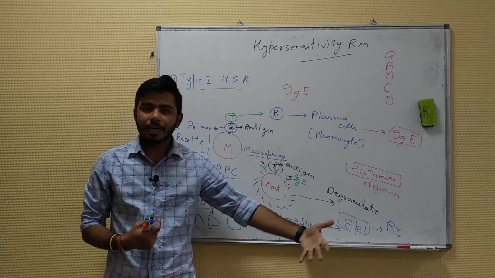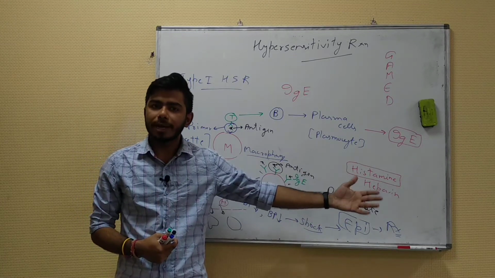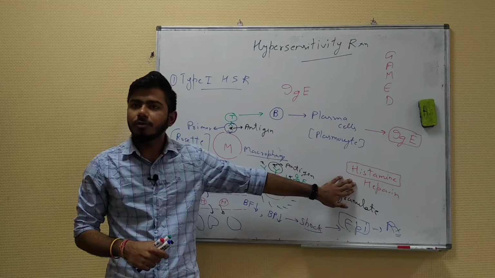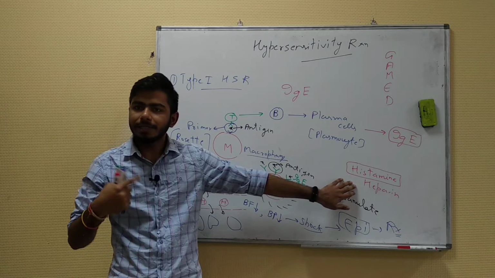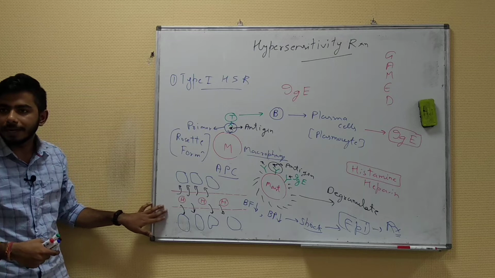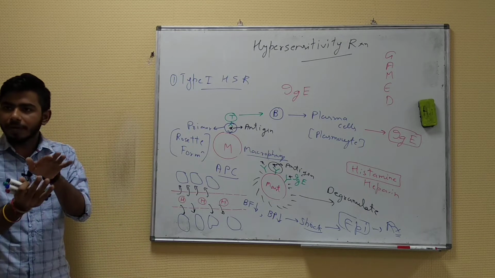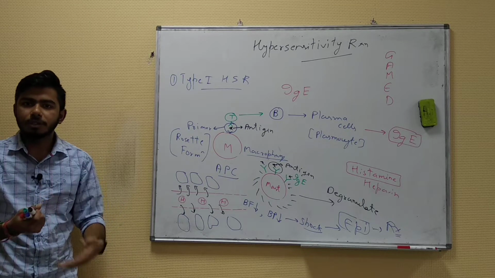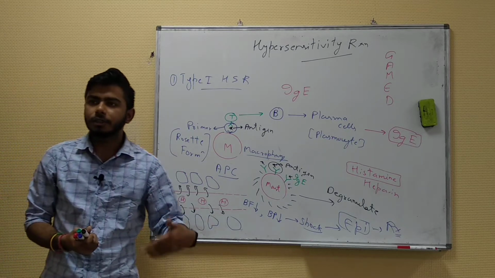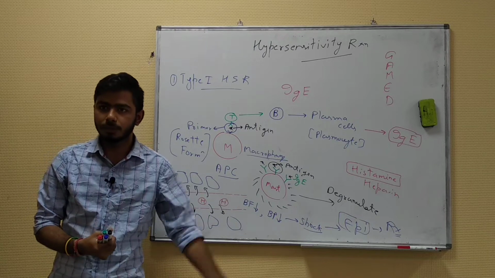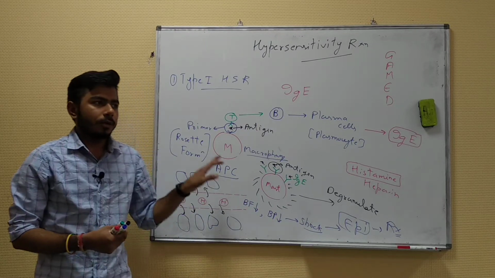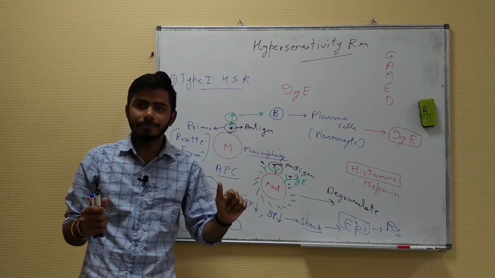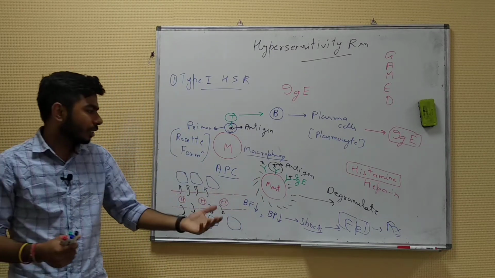What are these inflammatory cytokines? These are histamine, heparin, leukotrienes, prostaglandins, and all these things, right? Histamine is the potent one. Now histamine, we know, is a vasodilator. It increases the permeability of the blood vessel, right? Okay, so the vessel will be dilating, blood flow will be dropping, blood pressure will be dropping. This person may be having shock. Anaphylactic shock can be seen in such patients in severe situations. Okay, so this was about type 1 hypersensitivity. Is everyone clear? Okay, so what can be the example you can see over here?